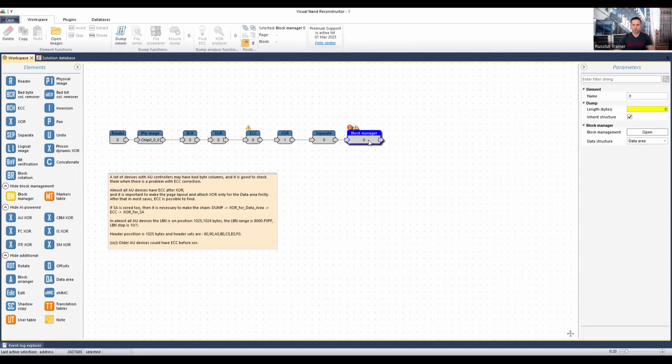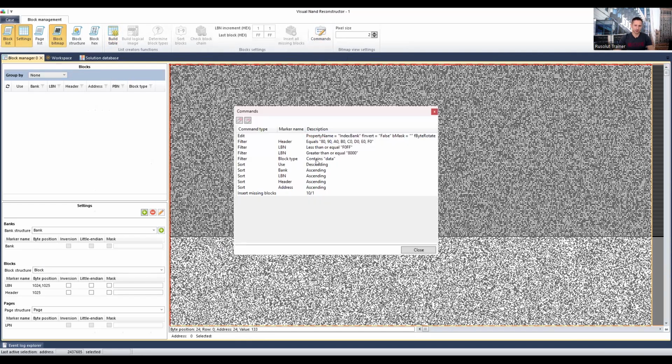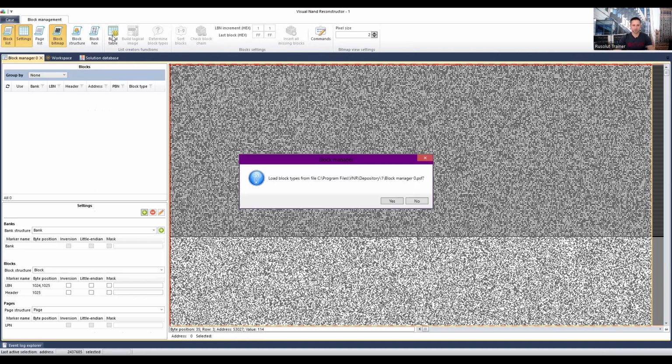And what I wanted to show you is that's the solution. Then you go to Block Manager. Here, if you have read a solution, all the commands that are necessary to apply for this list of blocks are here. So normally you don't need to perform any additional steps. You just